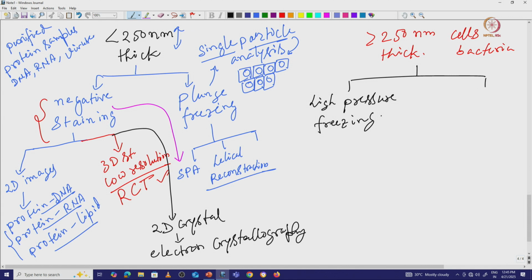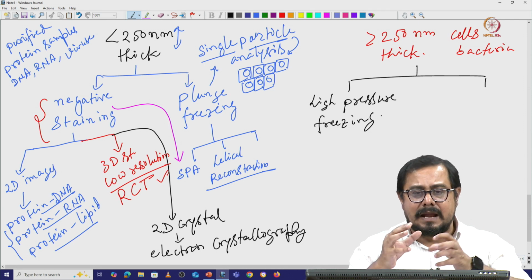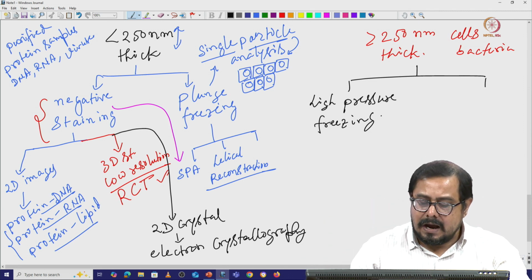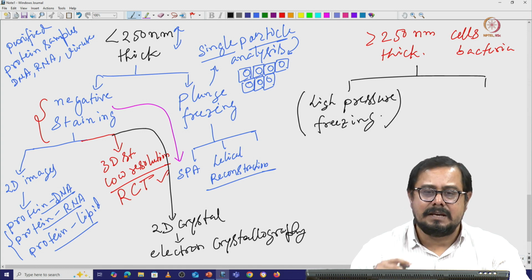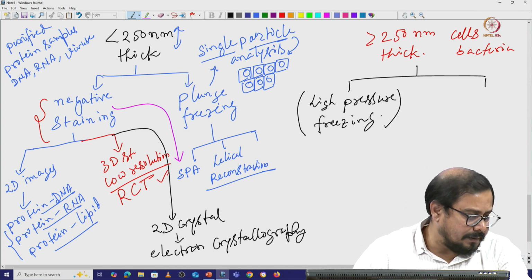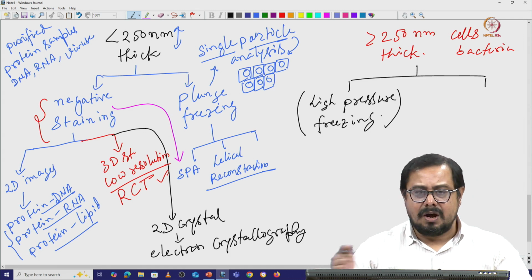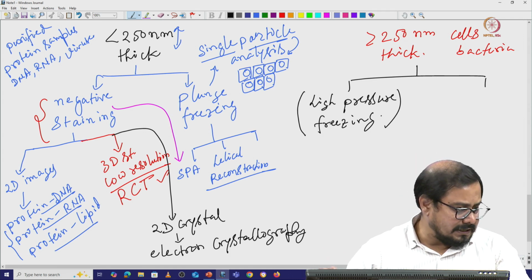and gradually this temperature will go down inside the cell. When it goes down gradually inside the cell, there will be a lot of crystalline ice. That is the reason most of the time we should use high pressure freezing when we try to freeze the sample. Then some kind of section or other things we can also freeze separately.